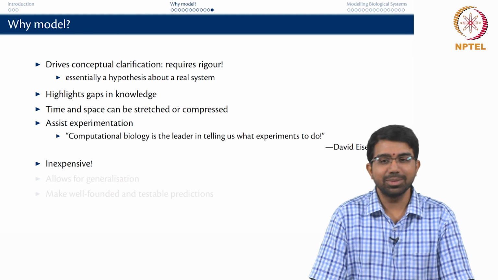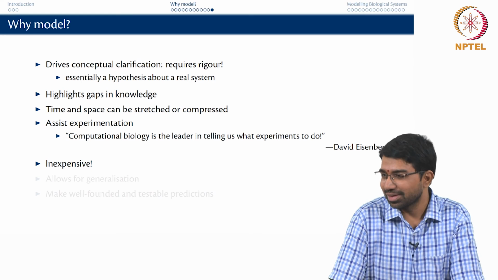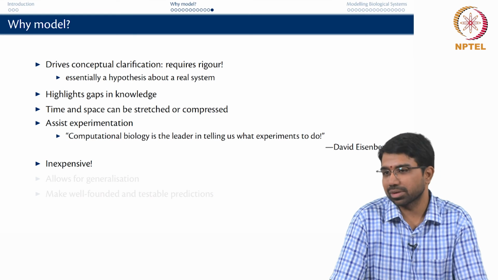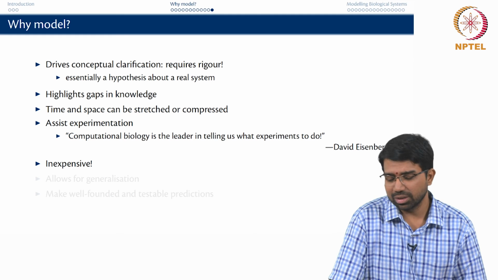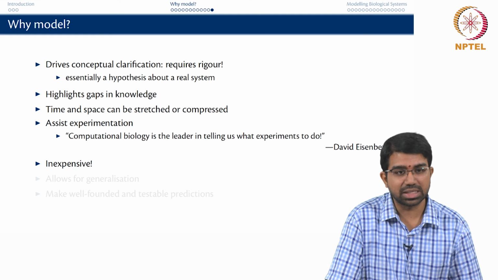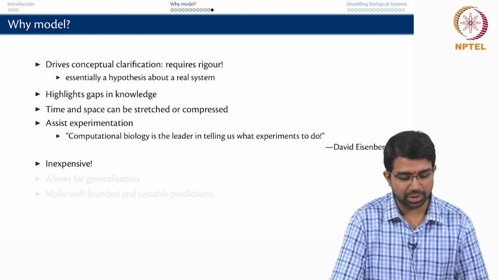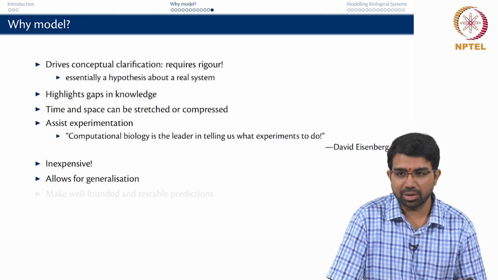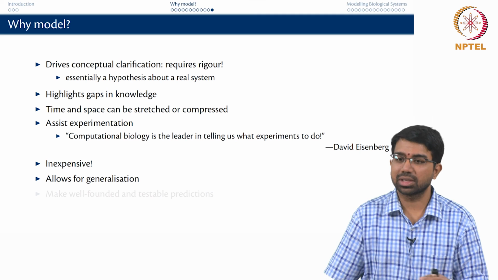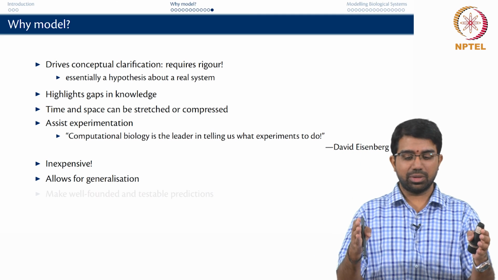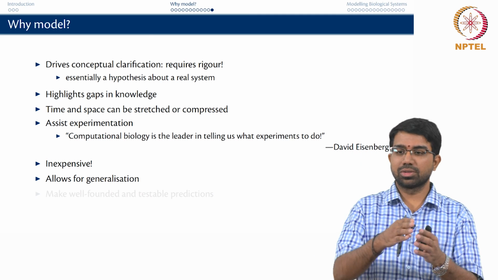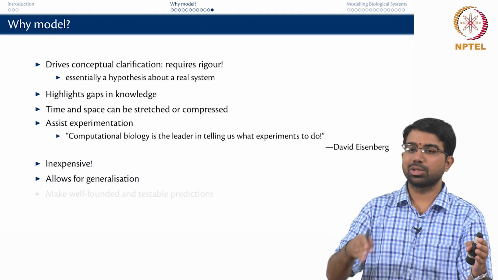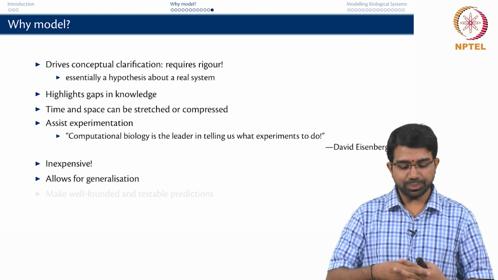Relatively inexpensive, right, modeling is not too expensive, it requires a lot of cerebral activity, but it is otherwise not too expensive, because a lot of these modeling methods that we will talk about do not require so much computation and so on, and it allows for generalization, right. So, you build a model, you can generalize it to several things. You can start building classes, right. Oh, this network appears to have this kind of a behavior, so I know that these kind of networks behave in this fashion, so I can apply all of these to my existing network and so on,